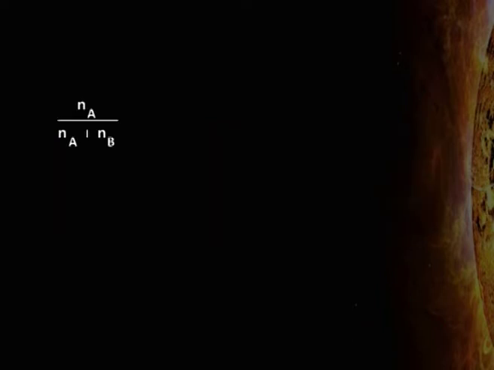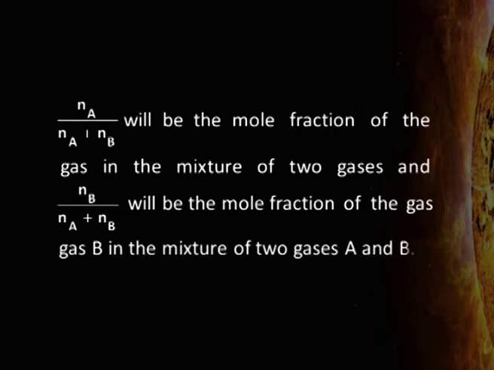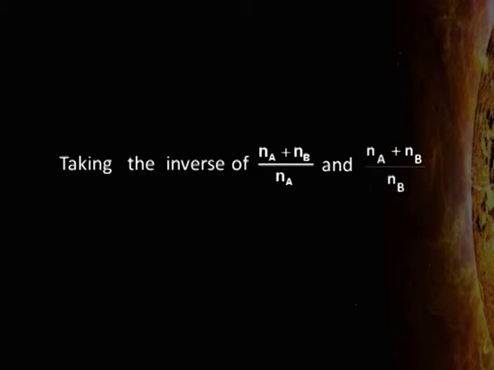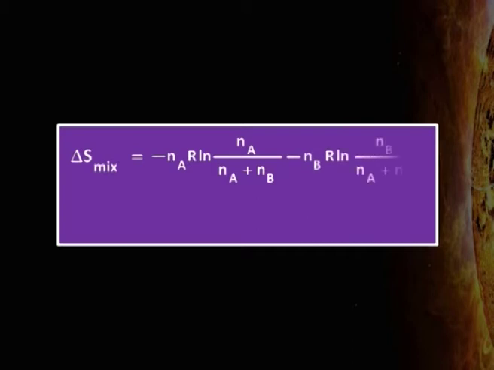Now, you know that Na upon Na plus Nb will be the mole fraction of the gas A in the mixture of two gases and Nb upon Na plus Nb will be the mole fraction of the gas B in the mixture of two gases A and B. Therefore, taking the inverse of (Na plus Nb) divided by Na and (Na plus Nb) divided by Nb and putting in the value, we will get delta S mixing equal to minus Na R natural log Na upon Na plus Nb minus Nb R natural log Nb upon Na plus Nb,